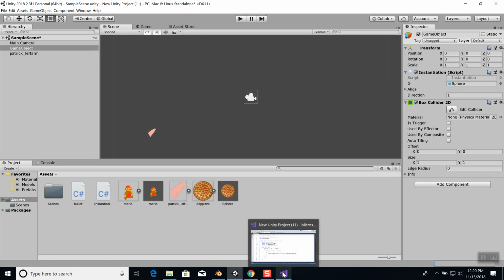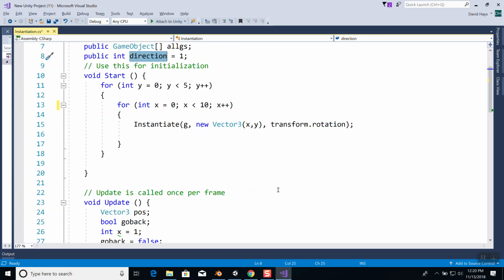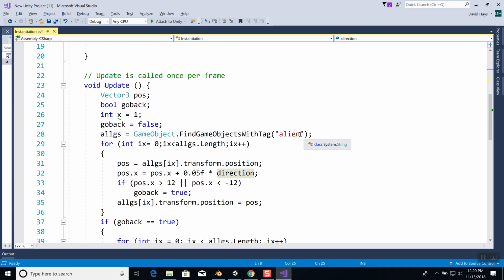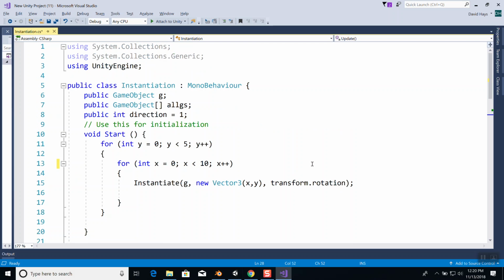Maybe because it's set to the sphere in general, not Mario. Oh, here it is. It's because I give it a tag. Because up here, we just generically create all these instances of the pizza or alien or whatever. How do you refer to it then? Well, when we run this,